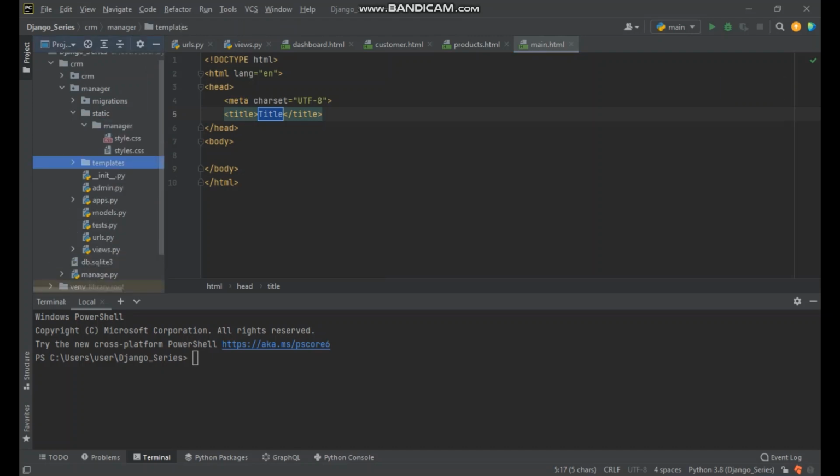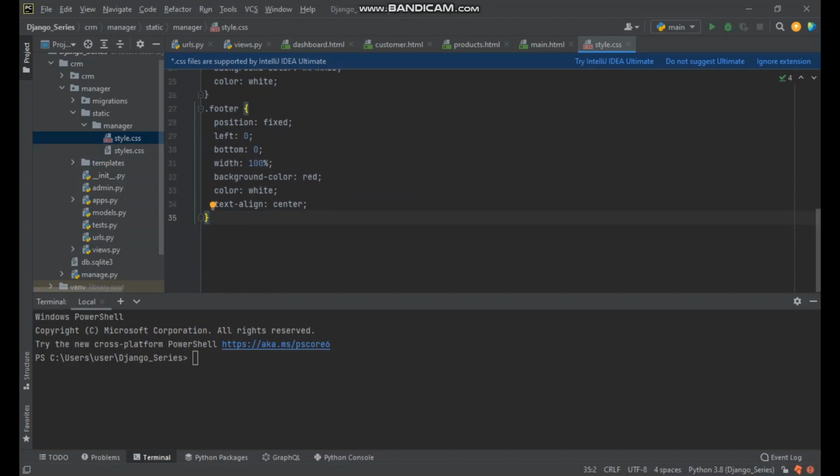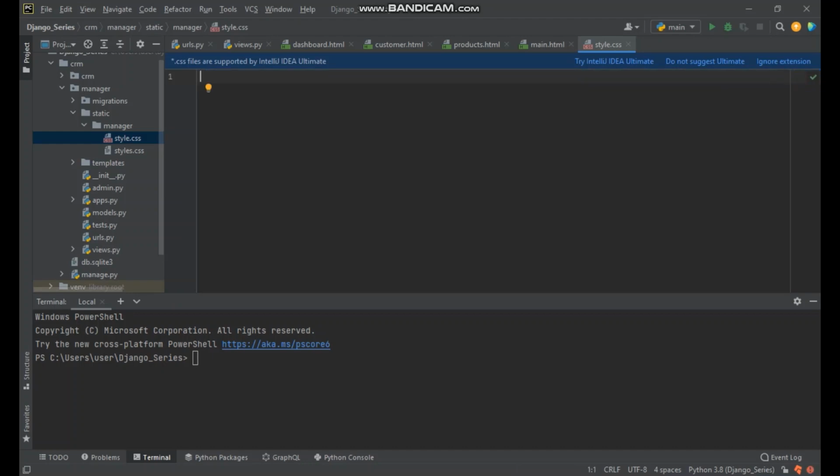You should create this file, which is called static, and then within it we have manager, and then we have this file, CSS. I already did it, so I think it's better for me to delete everything so that I can better explain to you. So what we're gonna do,